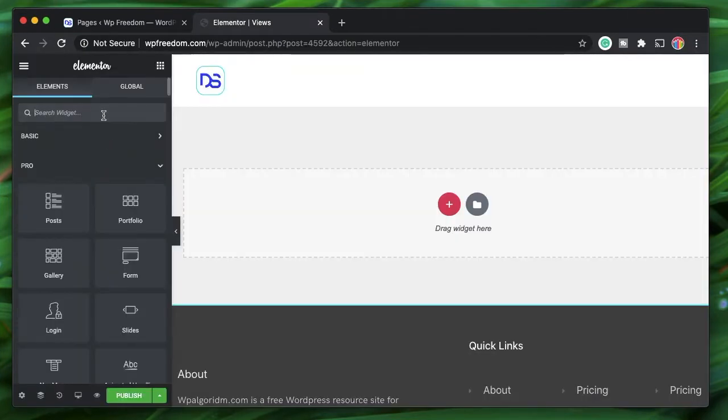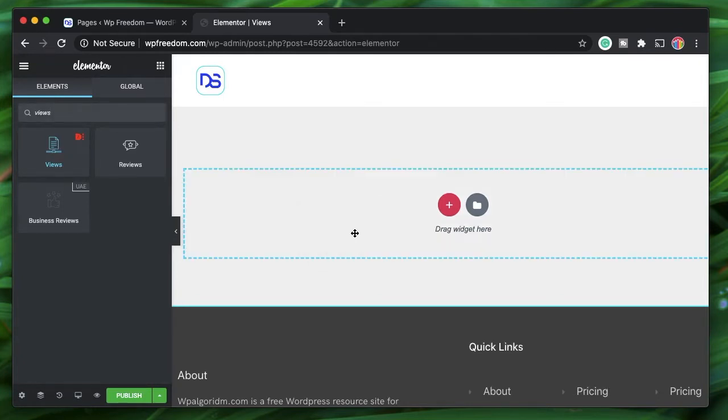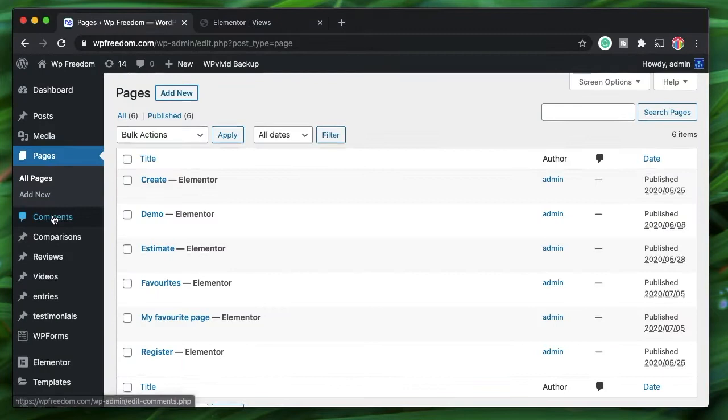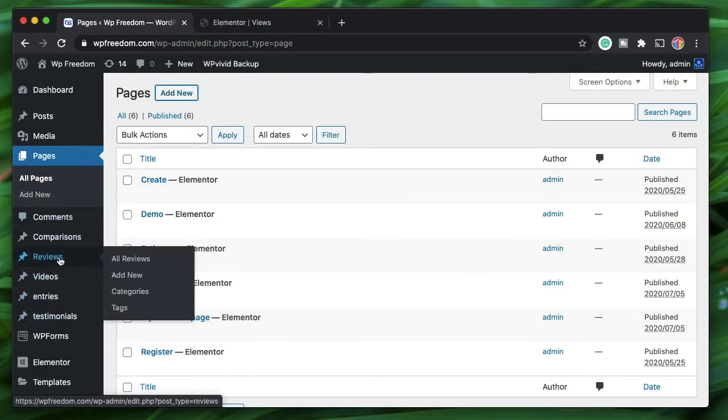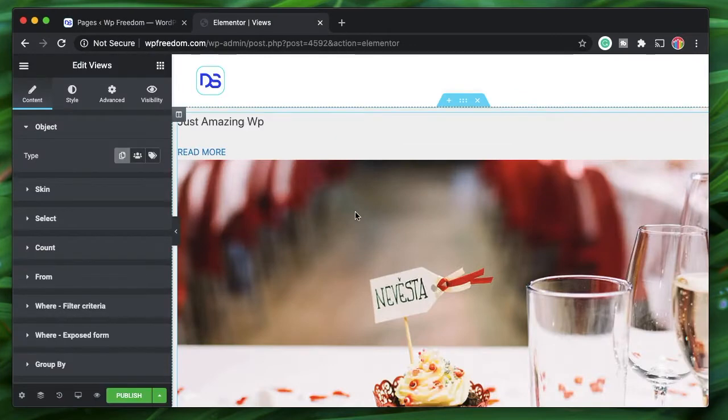So in the Elementor interface, I'll search for the Views widget, which is this one by Dynamic Content plugin. I'll just click and drag it, and that will pull out all the things that it can list out. Now by default, when you drag it in, it will display a list of posts, but by posts I mean WordPress post type posts. Pages are a post type in WordPress, and you can create your custom post types in WordPress. There are a lot of custom post types. So by default, it will just list out posts.